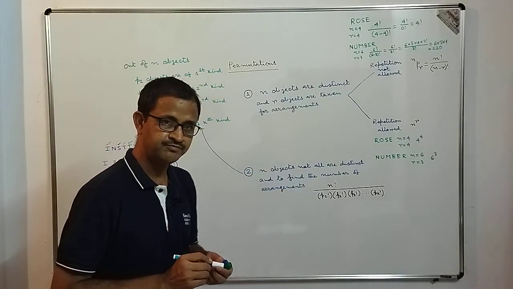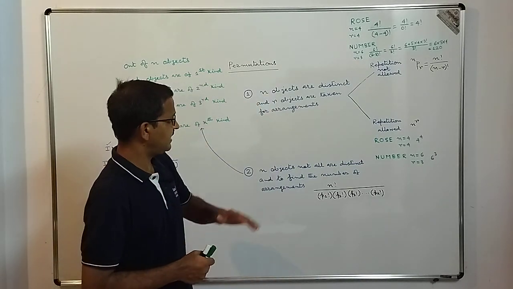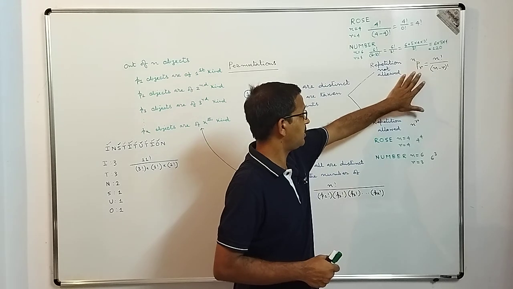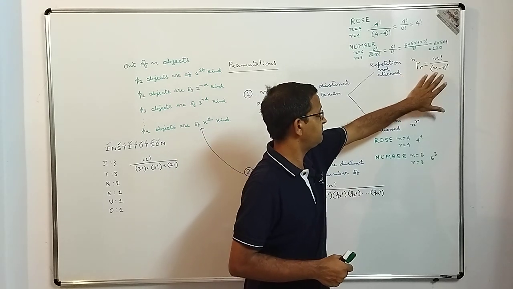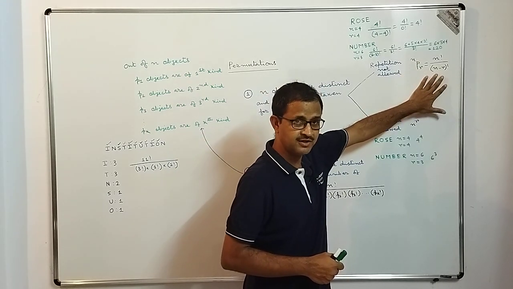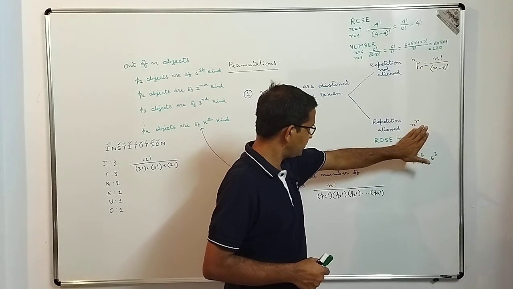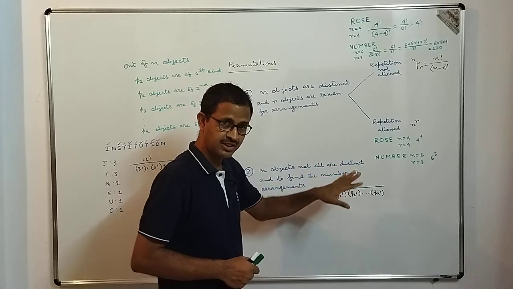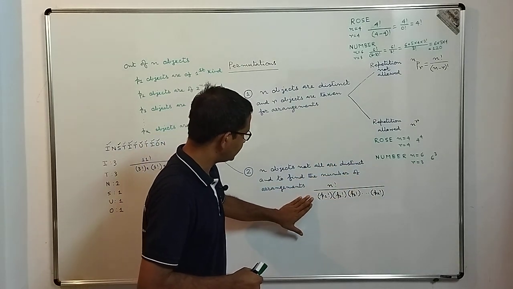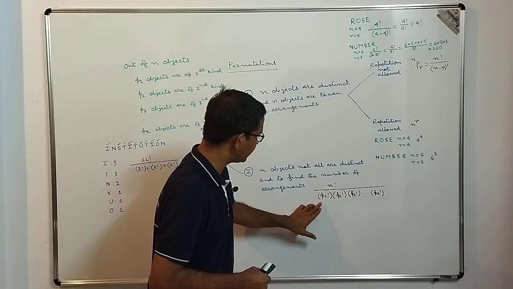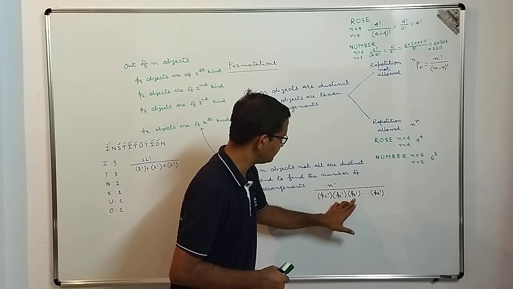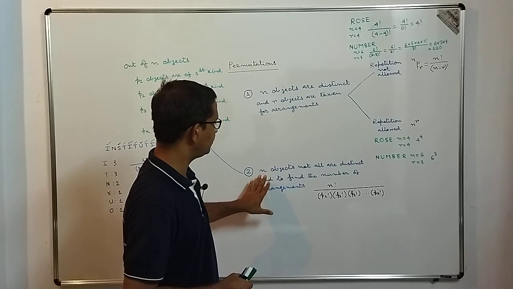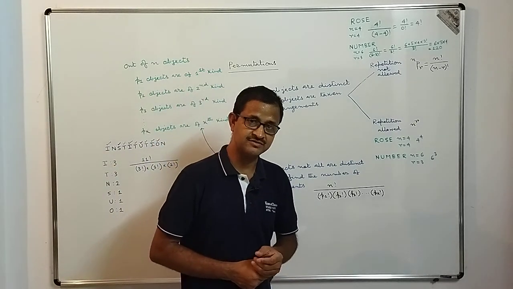So these are the possible number of ways in which we can arrange n objects when they are not all distinct. Okay. Now in the next session, we will derive how nPr is equal to n factorial by n minus r factorial, and how n power r comes when repetition is allowed, and how it is n factorial by p1 factorial into p2 factorial into p3 factorial up to pk factorial when the n objects are not all distinct.